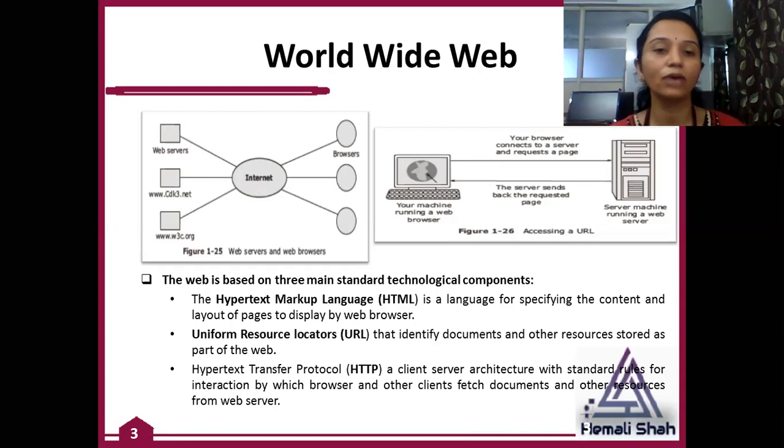The full form of URL is Uniform Resource Locator. We generally call it a link. So the link basically uniformly identifies that particular resource which is available in a network. URL is basically used to uniformly locate the resource which is available in web computers.